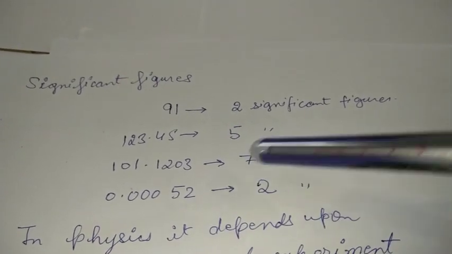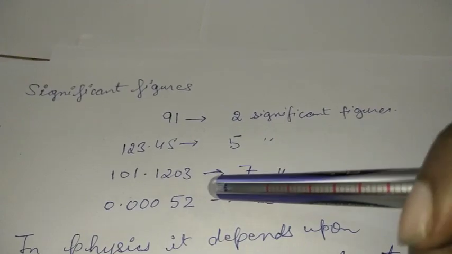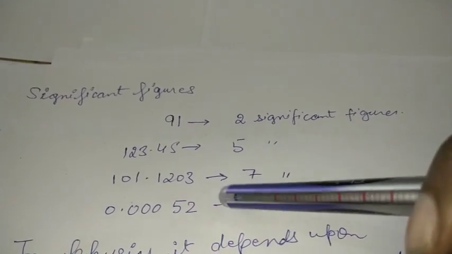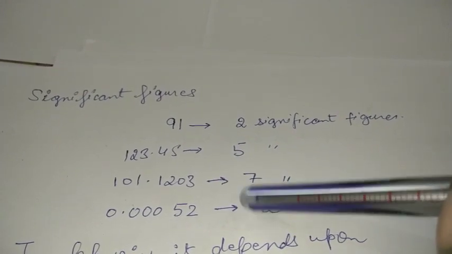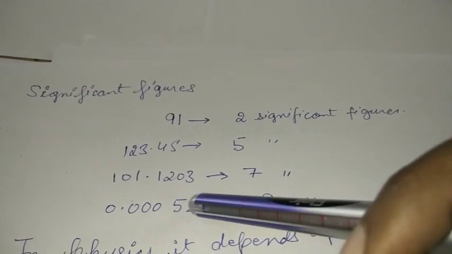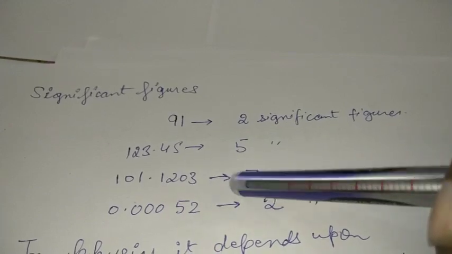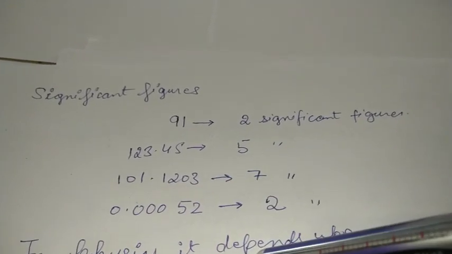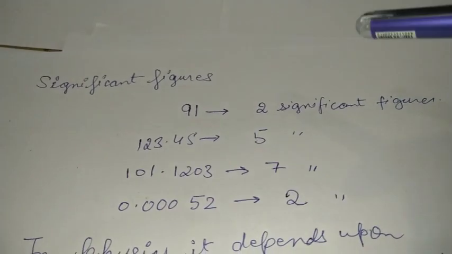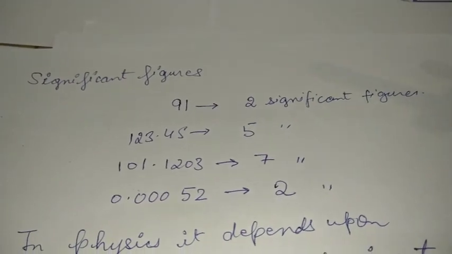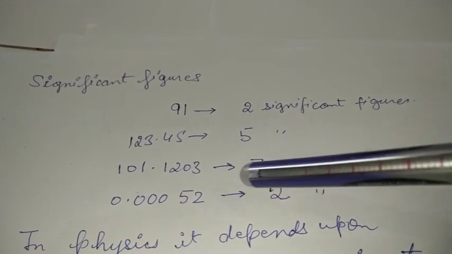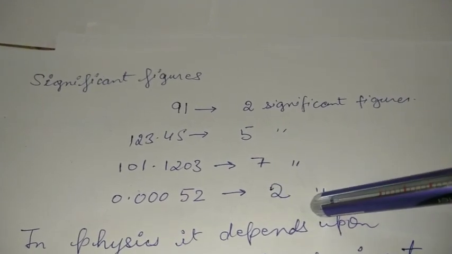One thing more. Over here in physics, it will depend upon the place of decimal. So that means after this, if we have a 0, that can be counted in physics. As per maths, we do not count it. We will count it as 52. That means 520 will also be referred to as 52, with just two significant figures. But in physics, as per the derivation, both the place of decimal will depend upon the particular value that we have calculated or estimated. So for this, it will be just two significant figures.